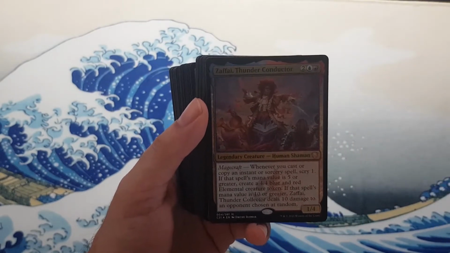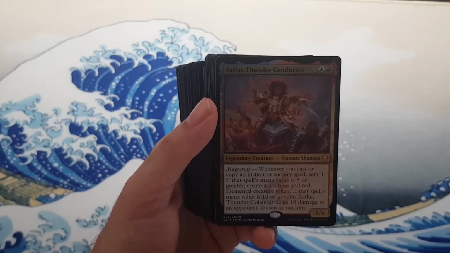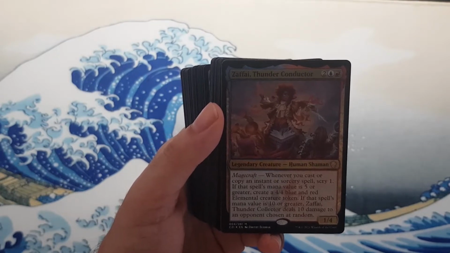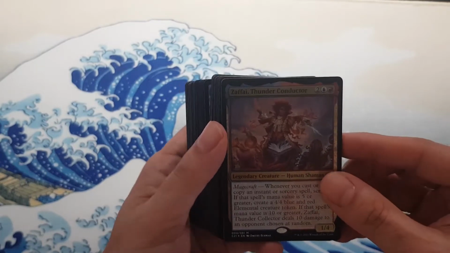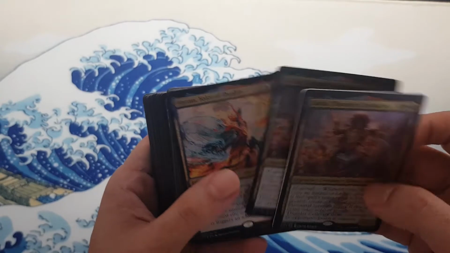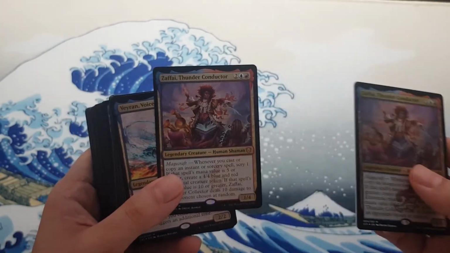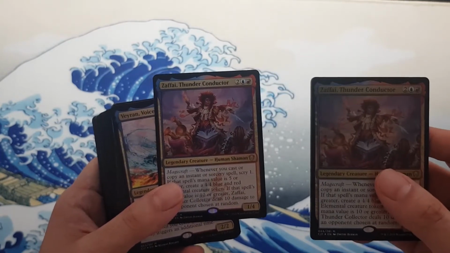It's got Magecraft. Whenever you cast or copy an instant or sorcery spell, scry 1. If that spell's mana value is 5 or greater, create a 4/4 blue and red Elemental creature token. If that spell's mana value is 10 or greater, it deals 10 damage to an opponent chosen at random. You do get the oversized card that you can use in place of the regular one, which I really like, and I have been using this in my other